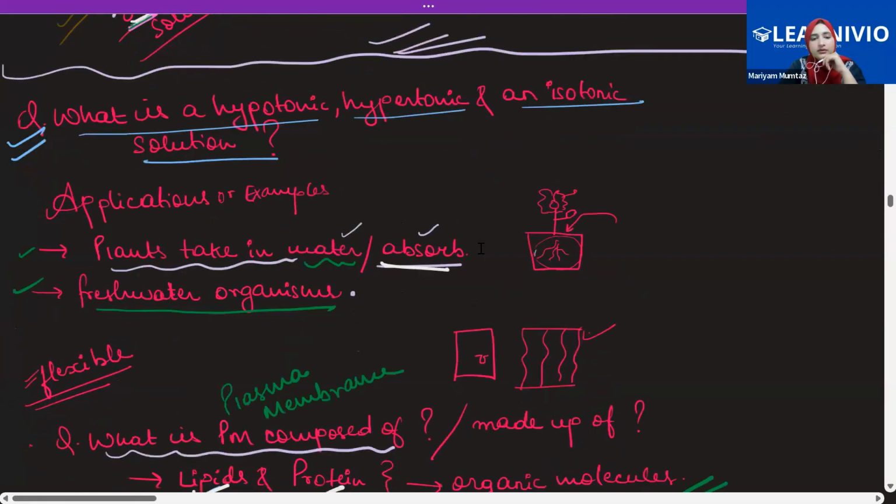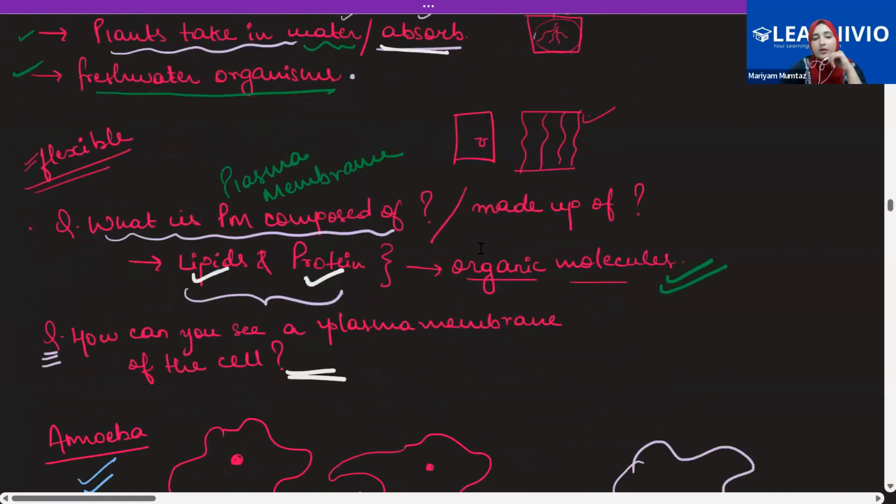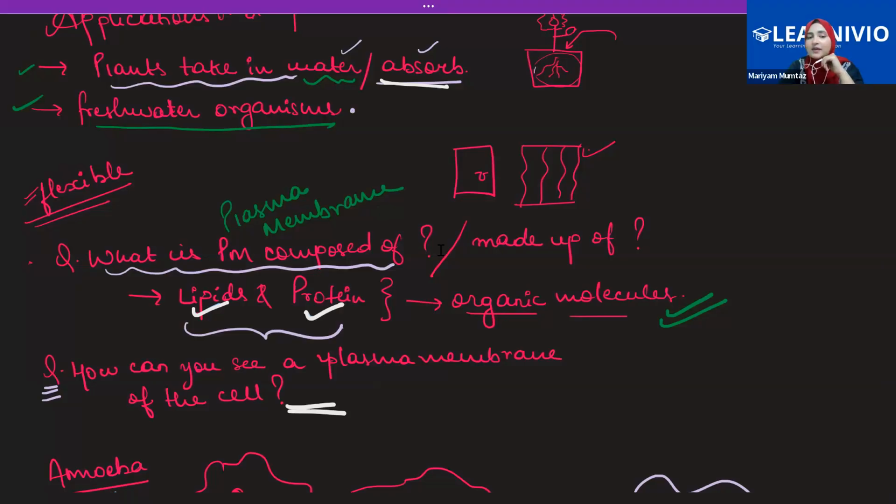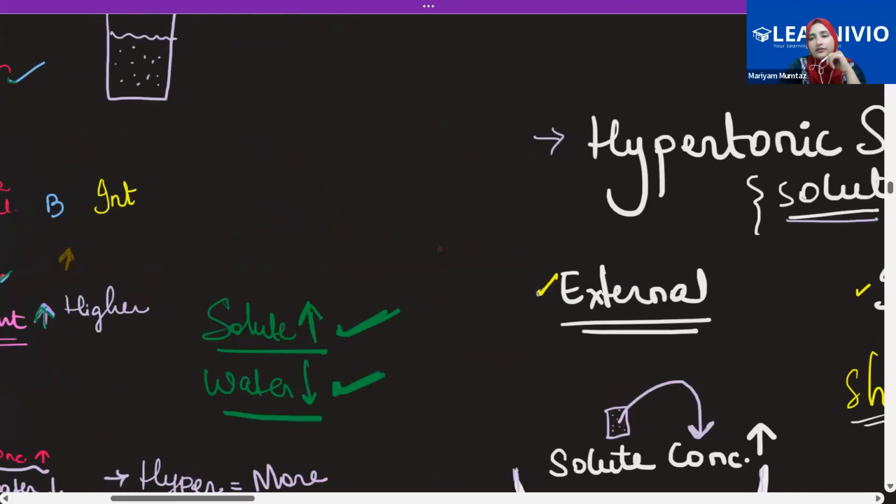All right. Now this whole property of osmosis and diffusion is the property of the plasma membrane. And you know that the plasma membrane is very flexible. But the question comes along: what is the plasma membrane made up of? The plasma membrane is made up of two things. The first one is the lipid and the second one is the protein. Now if you look at over here,